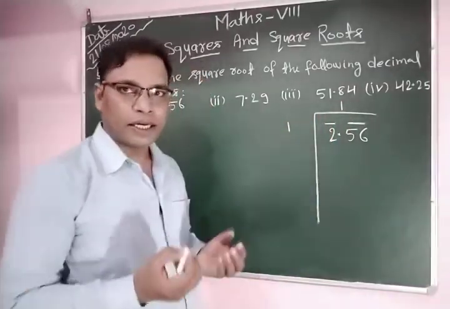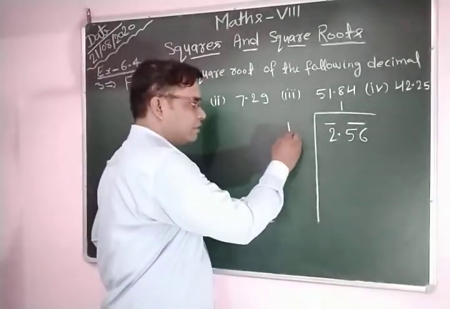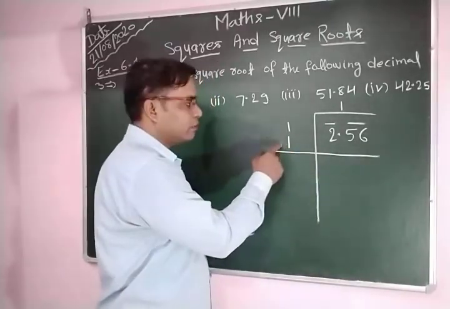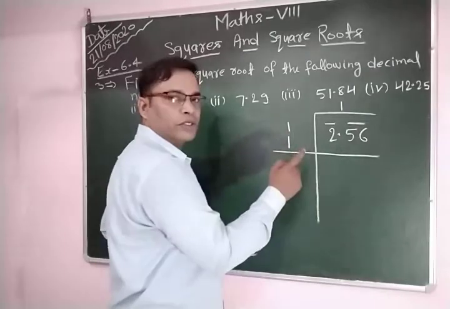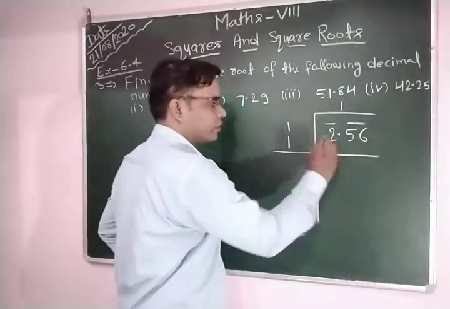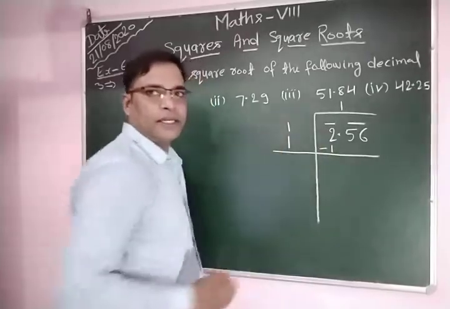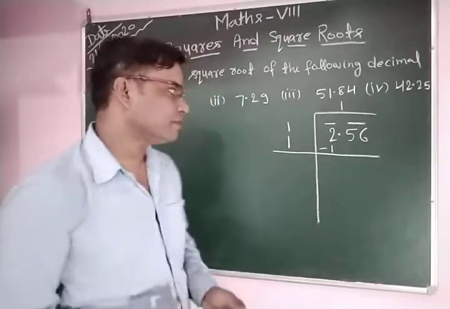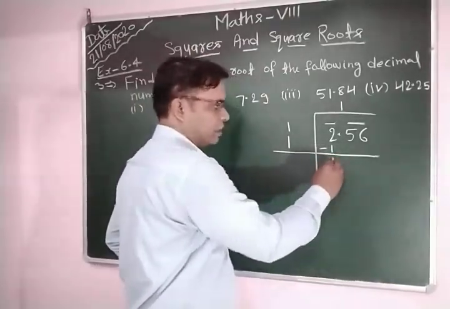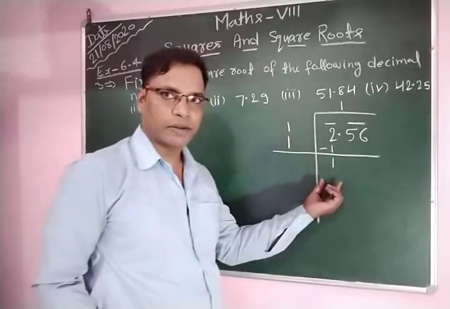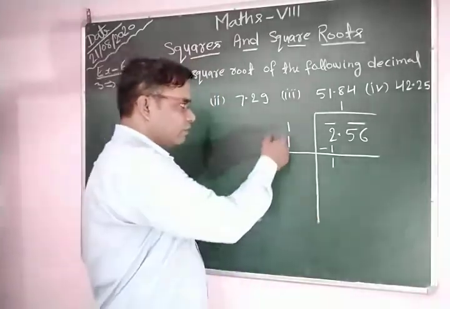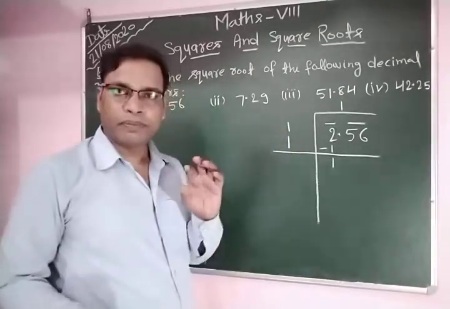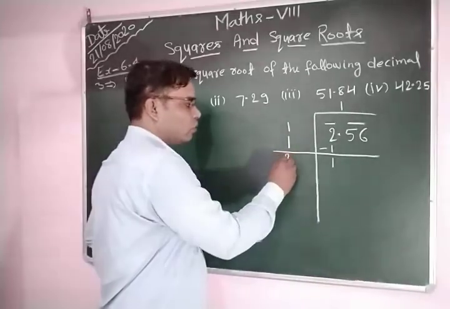Again write 1 below this divisor. After this draw a line and multiply this 1 by this 1. So 1 into 1 is equal to 1. After this we subtract it. If you subtract 1 from 2, you obtain 1. This is our remainder. 1 is the remainder, and again we add them. 1 plus 1, both ones, we will add. So 1 plus 1 is equal to 2, and